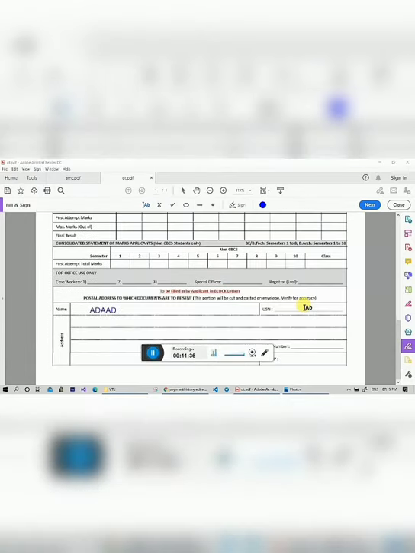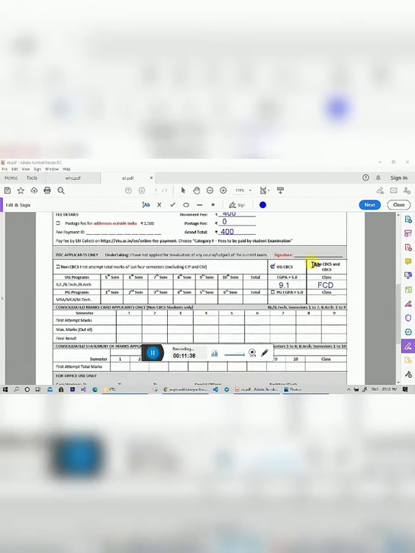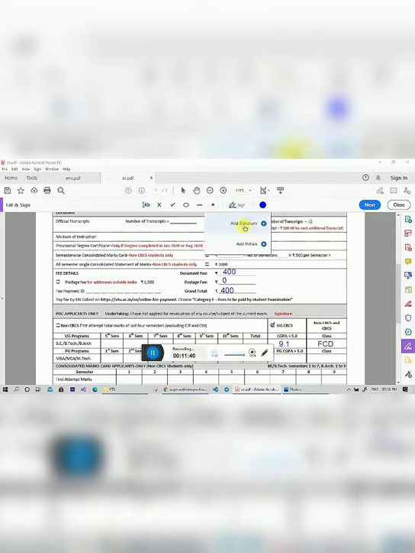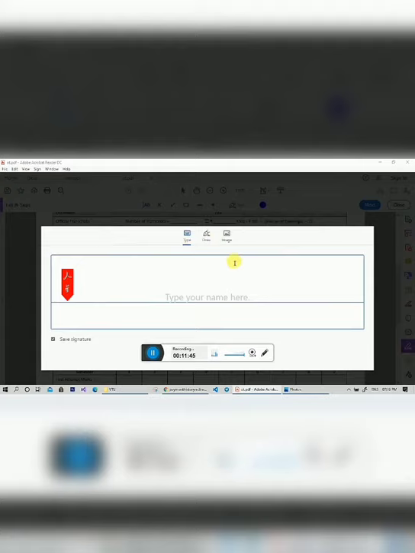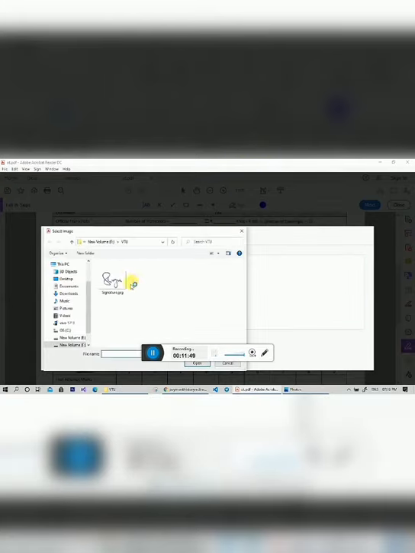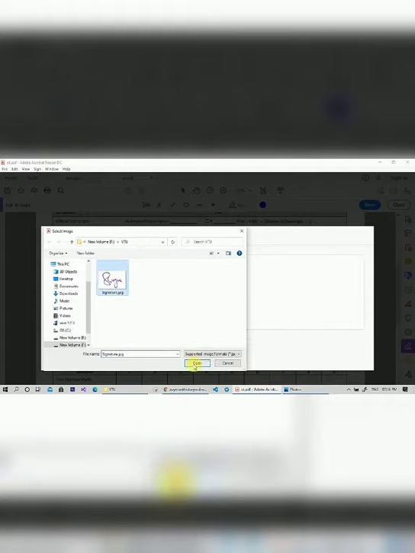In this form you have to put your signature in 2 places. You can take the printout and sign, or also you can sign it electronically. To do it, select sign and add signature and select image option and then select the image of your signature. This is the signature, and then click on open